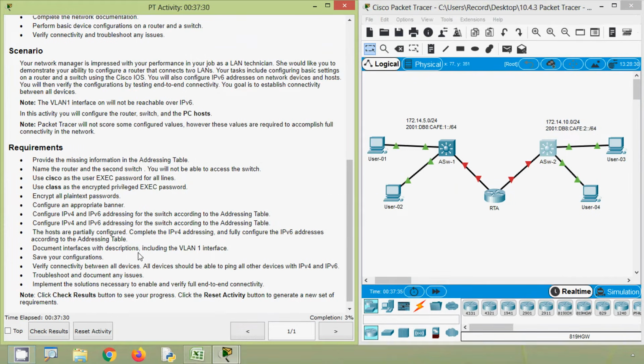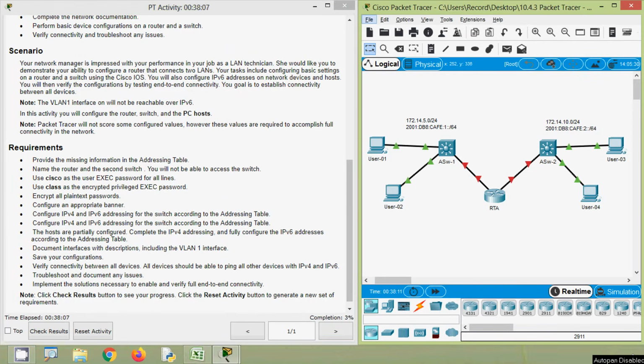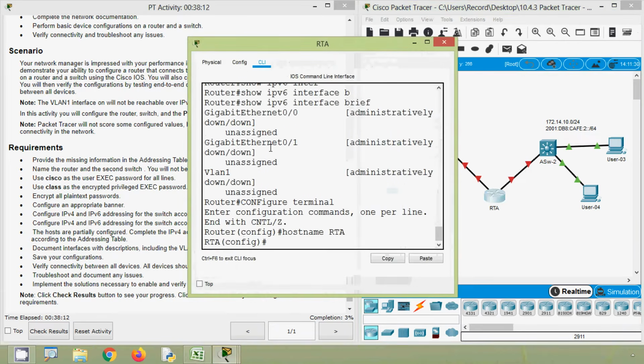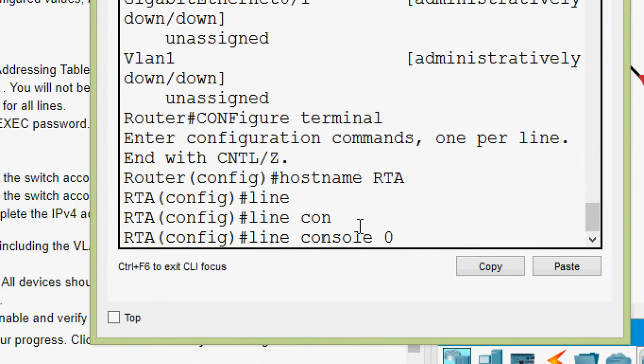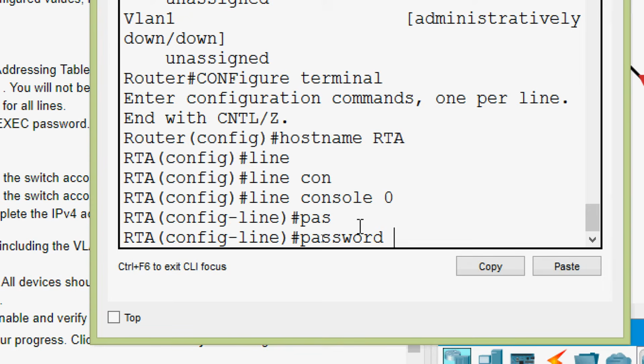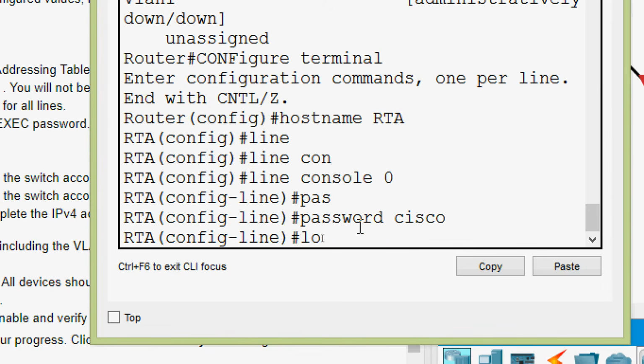Now what we do is a basic configuration of a device. Okay. Now use Cisco as the user exec password for all lines, for line console as well as for line VTY. Okay, we can do that. We will go to RTA CLI. Here first of all we will go to line console 0. Here I am using tab button to complete this incomplete unique command. So don't confuse how this command comes automatically. Okay, line console 0, then we have to set the password as Cisco, then we have to give the command